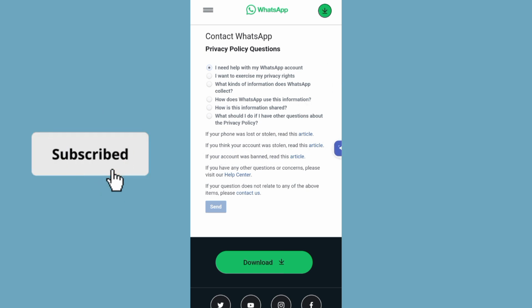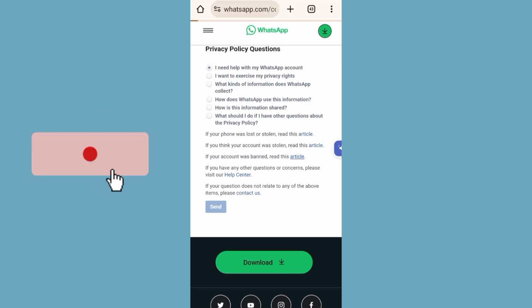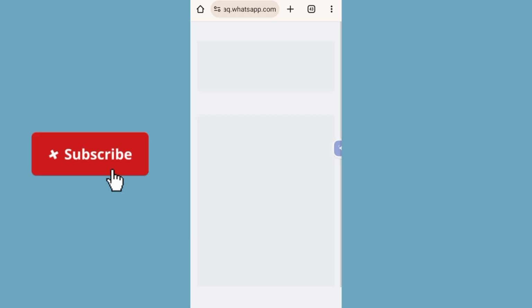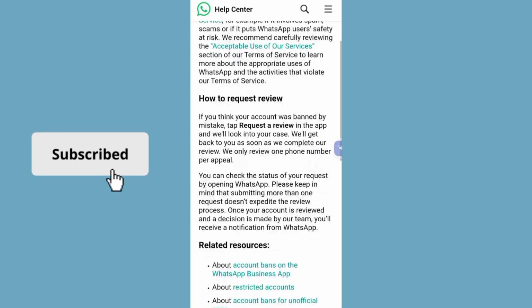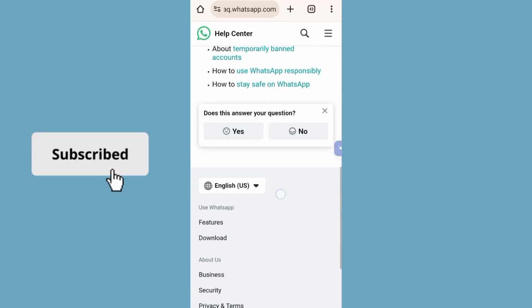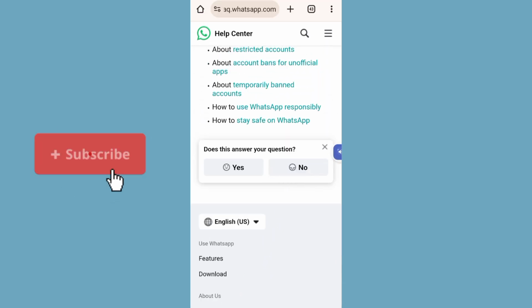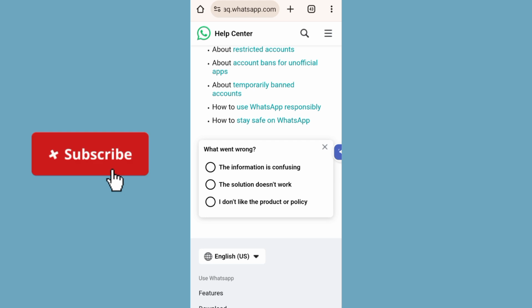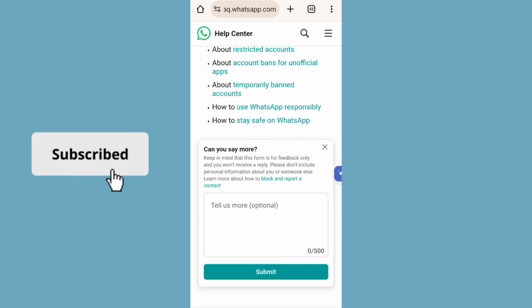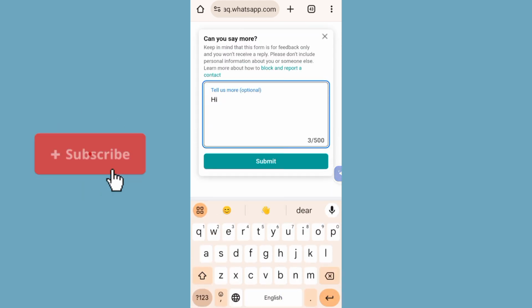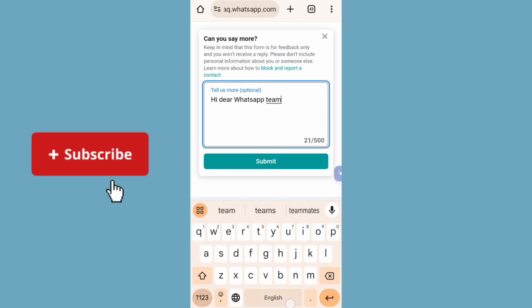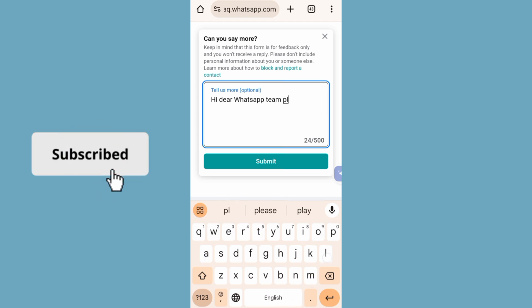and click on it if your account was banned. Scroll it down and click on no, and click on this solution does not work and write here an appeal. Hi dear WhatsApp team, please